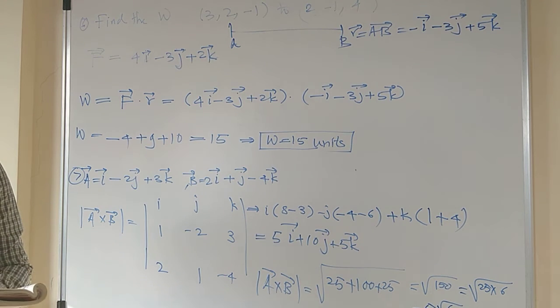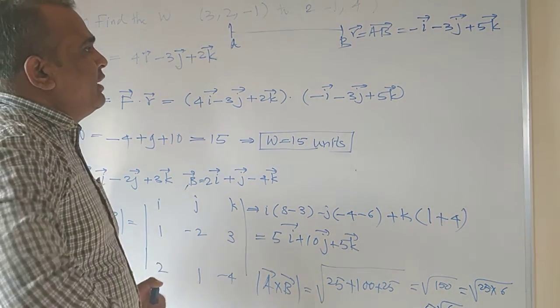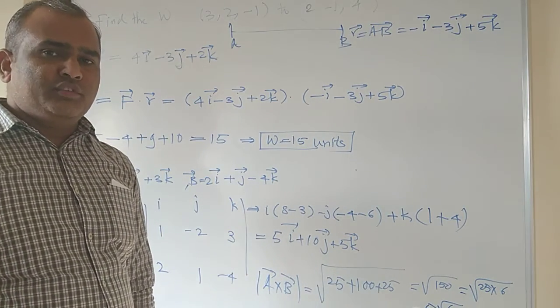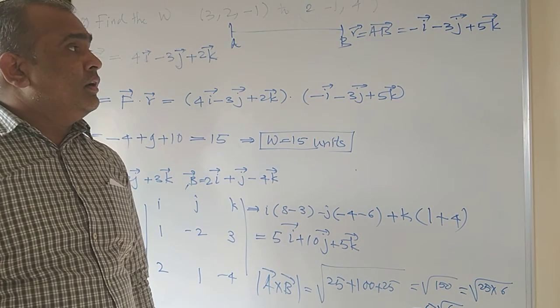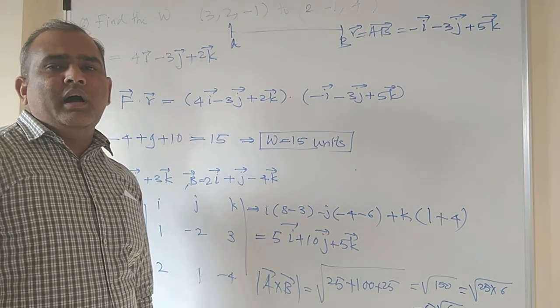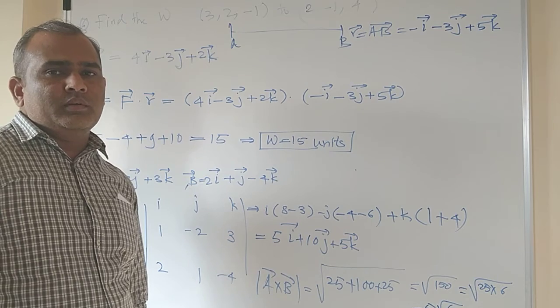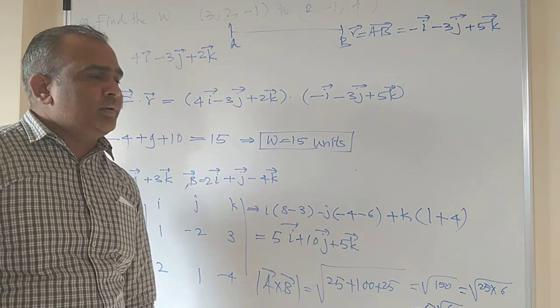5 root 6, right? So this is all about the problems based on the earlier two topics, and next time we'll go for scalar triple product and vector triple product. For the time being we'll stop here, and after that we'll solve problems based on those two topics, basically unsolved problems. I request you all to solve the solved problems from the book. We'll discuss all unsolved problems here and the next two topics. Thank you.